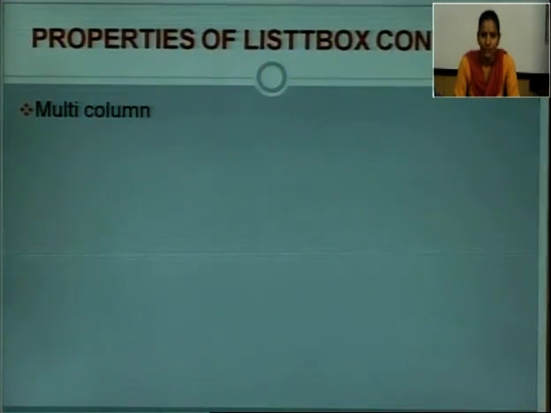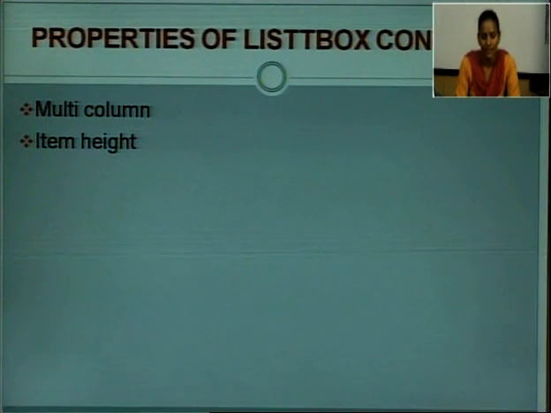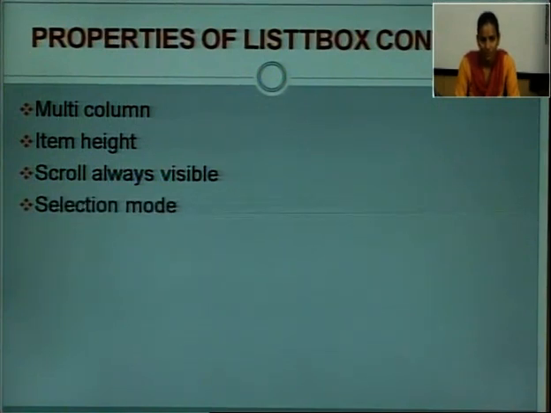Multi-column: you can provide multi-column. A list can be displayed in 2 or 3 columns as per the requirements. Item height: what should be the height of an item, and then the next item should be displayed. Scrolls are always visible; the scroll bar is always available from the first item. Selection mode: what type of selection you want, by index or by some other